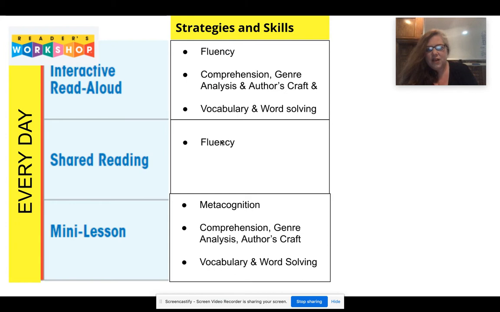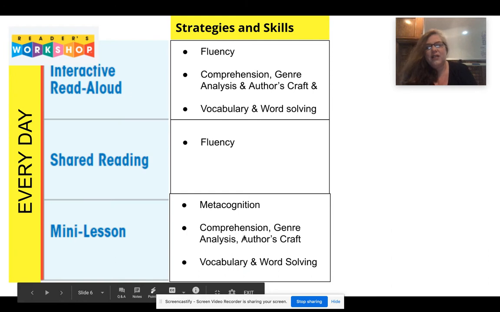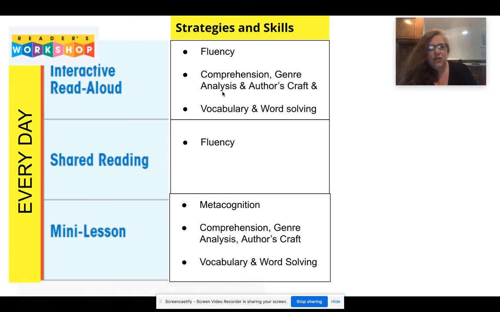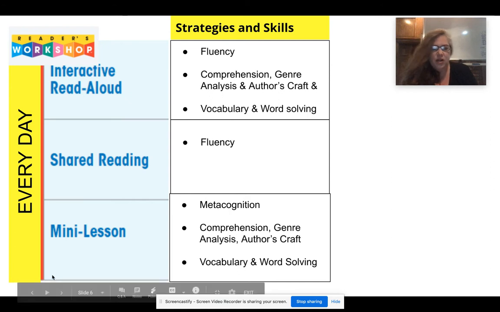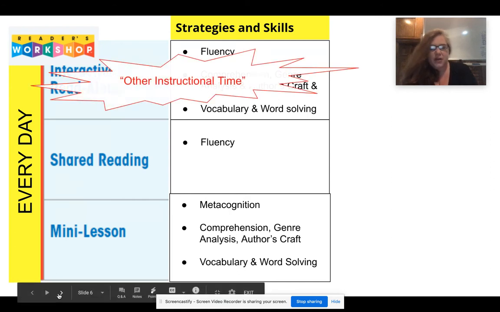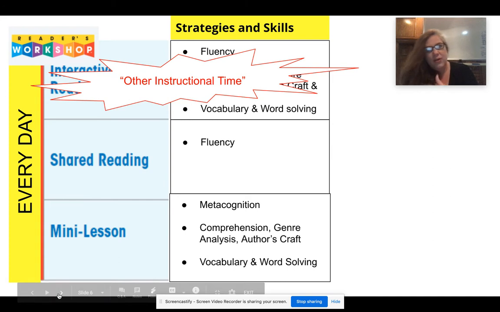fluency is covered in shared reading. Comprehension, genre analysis, and author's craft is in the mini lesson, and vocabulary and word solving is also in the mini lesson. So there is some repetition there. So you are going to be covering things that would be in the interactive read aloud. But for our circumstances, we are going to cut that out and see what our lesson would be for